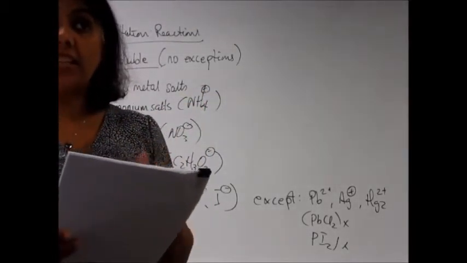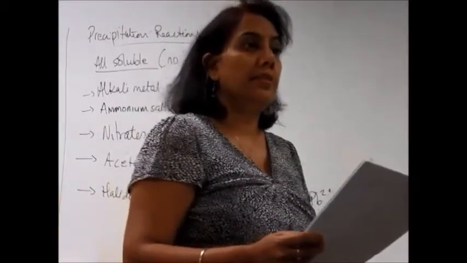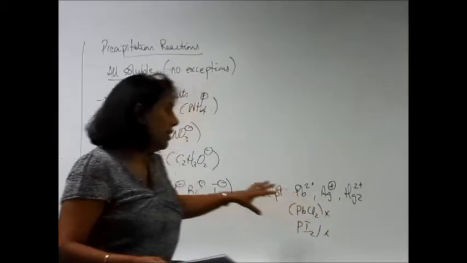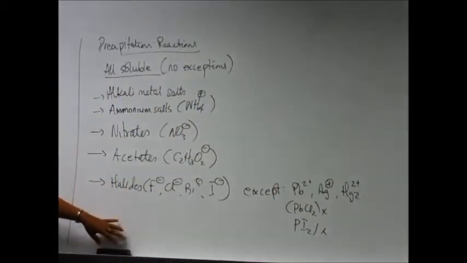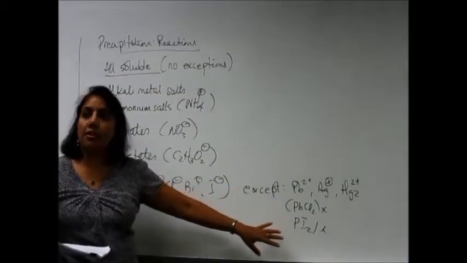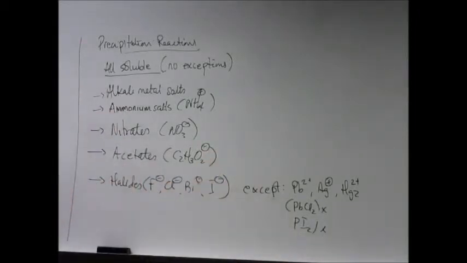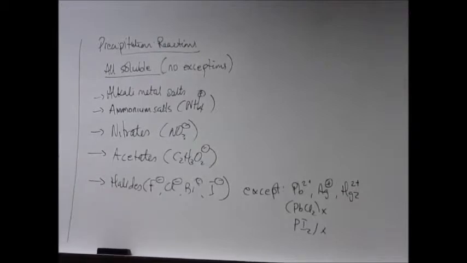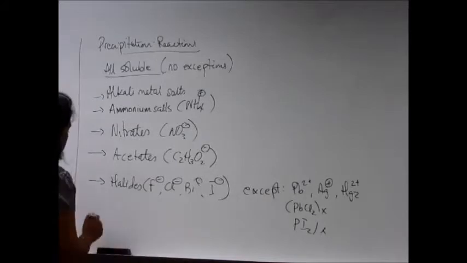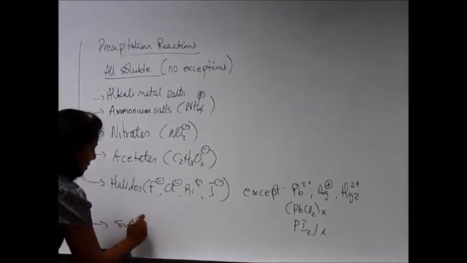The reason I'm saying these is because I want you to see a pattern in this. Then it's the other way around. That means everything is now insoluble except. The first things I mentioned are all the things that are soluble except for things that are not soluble. And the other column is generally for things that are all insoluble except. Let me give you an example of that. Let me just finish this one. There's only one left anyway. So sulfate,